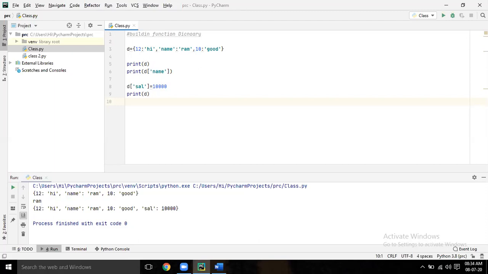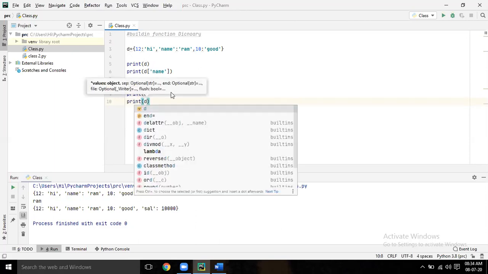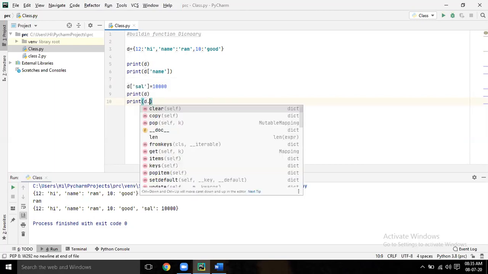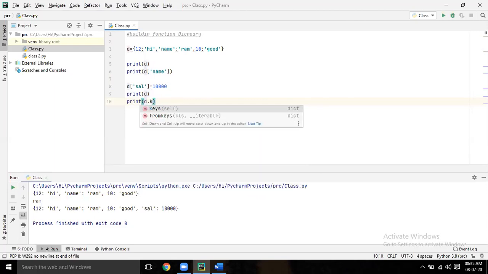Now let's say we are going to check the keys and values. What are the keys and values? Print D dot keys.